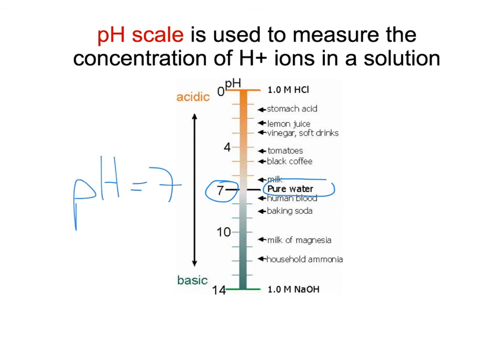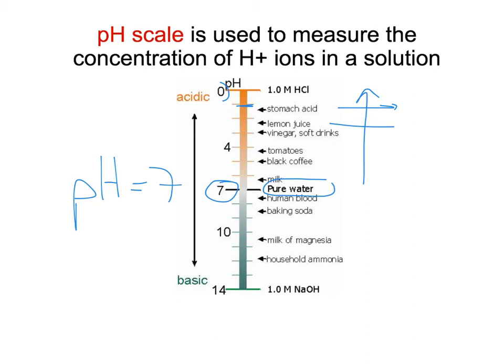If the pH value decreases, for example, stomach acid is nearly pH 2 or 0.5, lemon juice is nearly 2, vinegar, soft drinks, tomato, black coffee, milk, these are all acidic, but the acidity amount